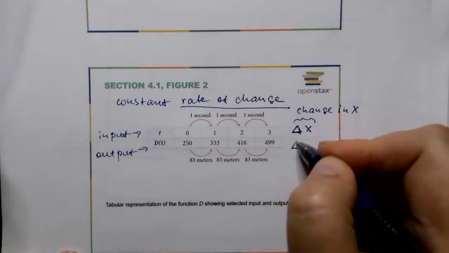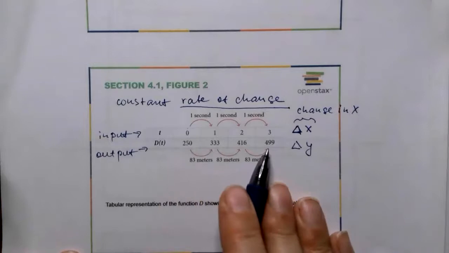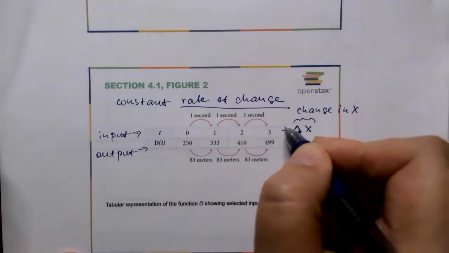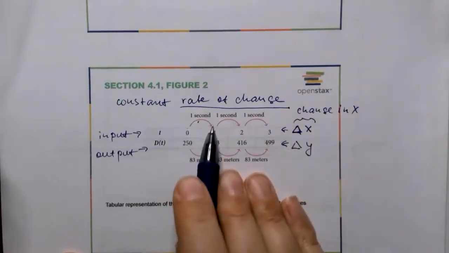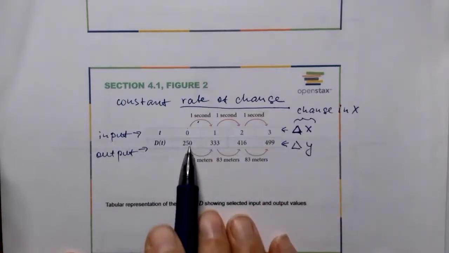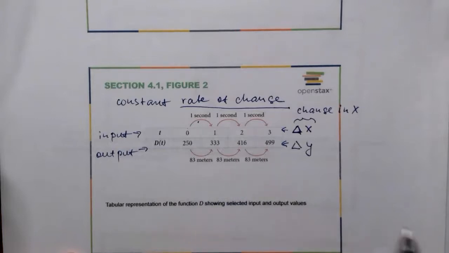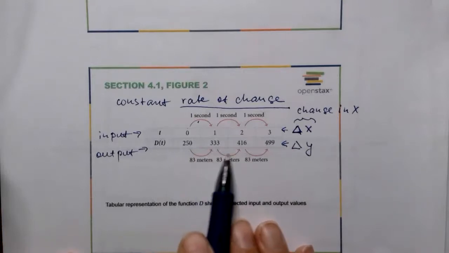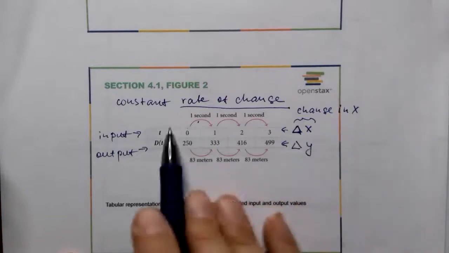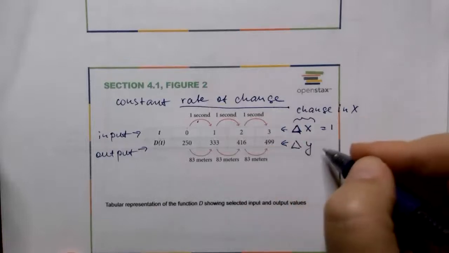And this is a delta y, the change in y values, the change in function values. So we have constant increments, or delta x's are the same, and then the delta y's, or increments of y, increasing or decreasing, are also the same. In this case, it's 83 meters. So delta x for this table would be 1 all the time, constant, and delta y, or change in y,